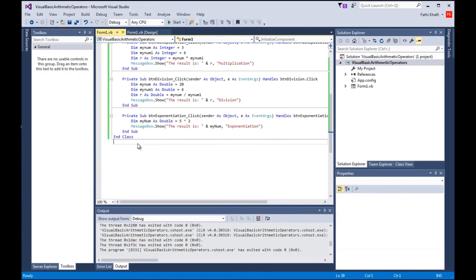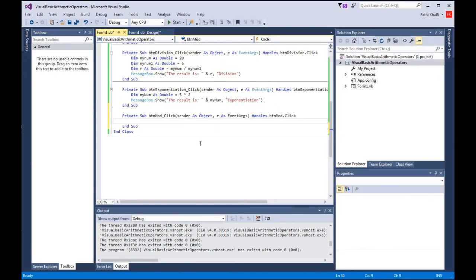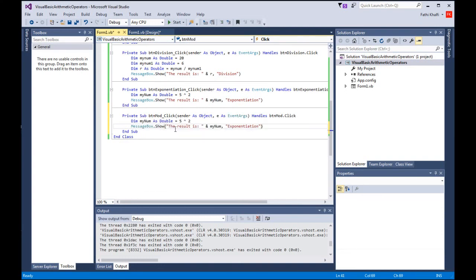Good. All right, the last thing we have is the mod, and basically the mod is the remainder of a division. When we divide two numbers, the remainder of that division is called the mod. So let's do the following. I'm gonna copy this. Okay, I'm gonna come here and say btn mod. Okay, click event. Okay, and I'm gonna copy this, and here I'm going to say 10